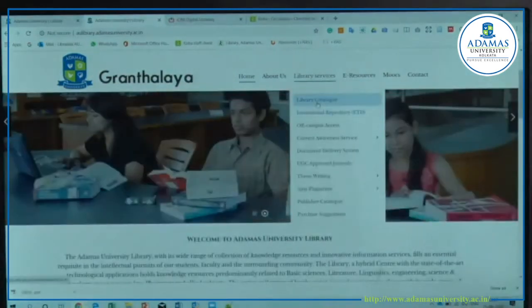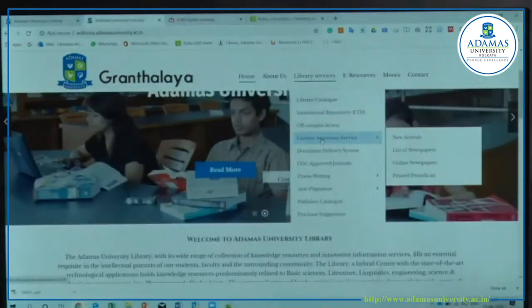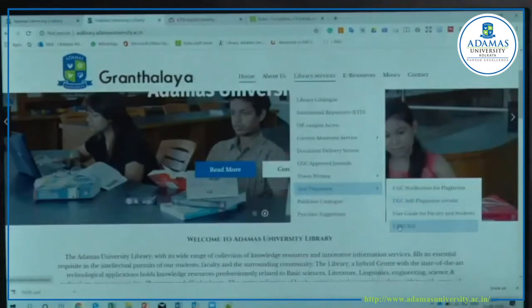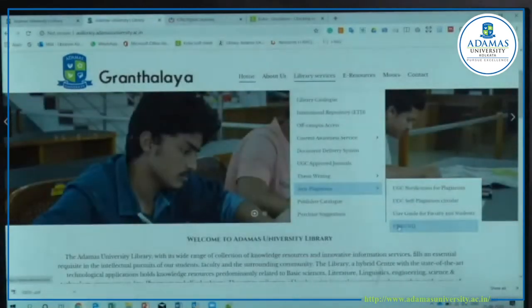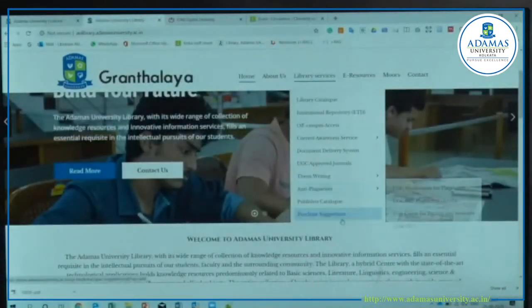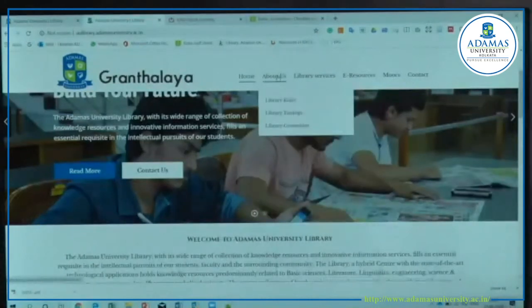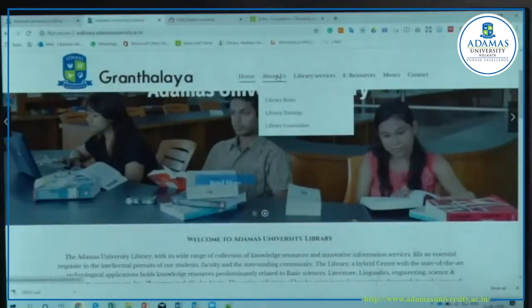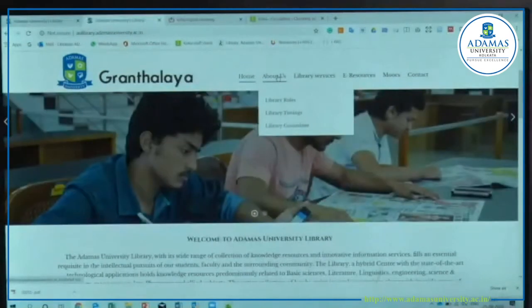And this is the library catalog. Already I said, I am just giving you a brief introduction. This is the thesis writing, anti-plagiarism. This is Urkund actually, that will come later on, and this is not useful for you now, but that is actually academic honesty, academic integrity. Everybody should maintain their honesty academically. Those who are publishing articles and all this should maintain their integrity and honesty.